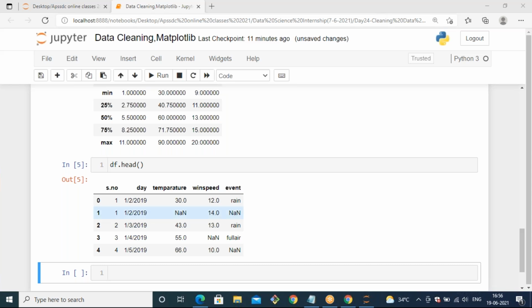If you observe the data set, we have 5 columns. In the first column we have day. That day should be in the format of some kind of day, date, month and year. But when you observe the type of the day column, either it is an object or date and time format. Yeah, anything in Python is an object only.